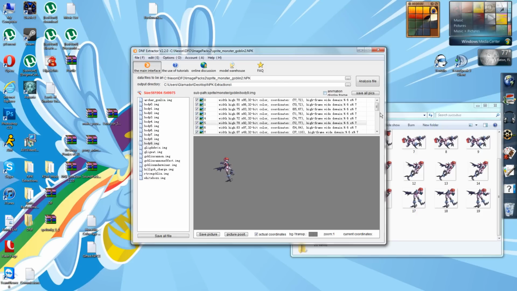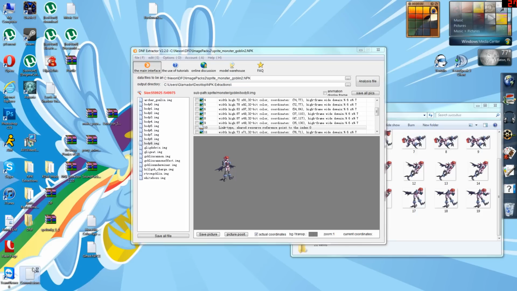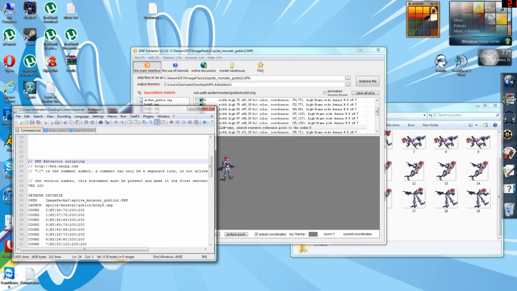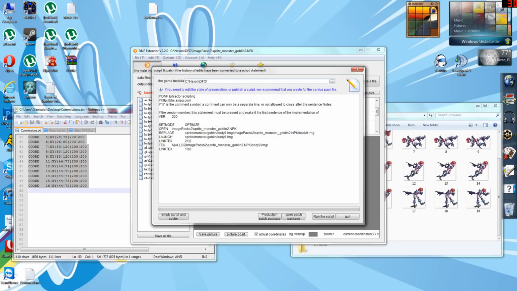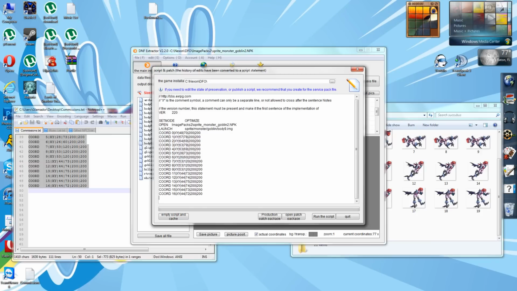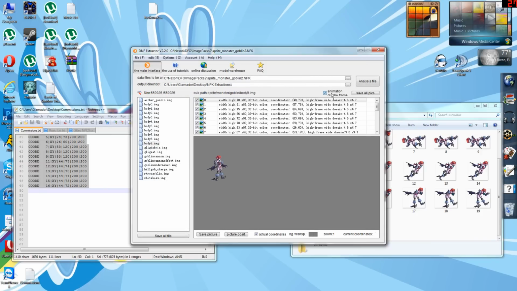Now, of course, all of the coordinates are ill-arranged, so I'm going to go ahead and use a script that I prepared earlier right here to redo all of those coordinates down to frame 16. There we go. Now we see that she's all back in place, except for those last few frames there, 17,